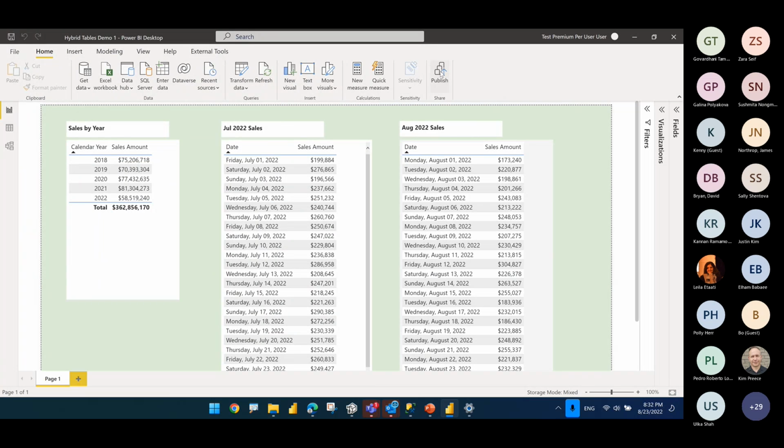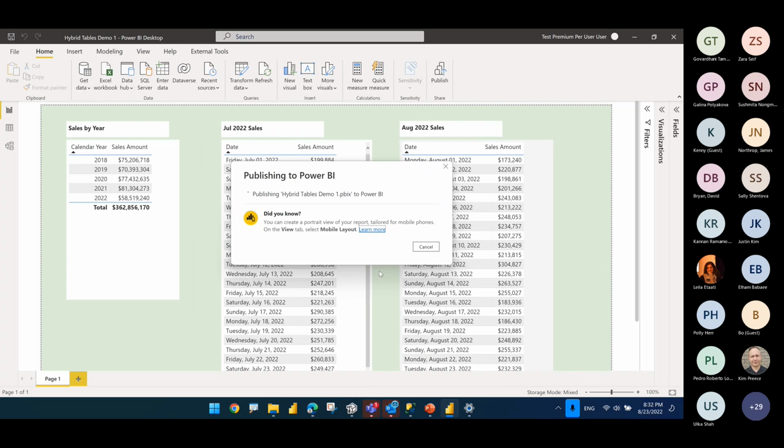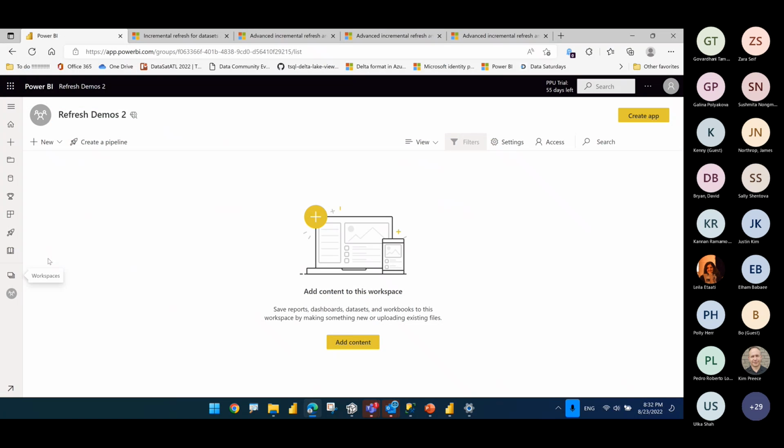And then we're going to publish this and take a quick look at it. So far, we don't have partitions or anything. We just have parameters. But I want to show you what this looks like in Power BI service. So we're going to publish this to my workspace there. And while it's publishing, let's go here and take a look at the workspace. It's going to show up here in just a second.